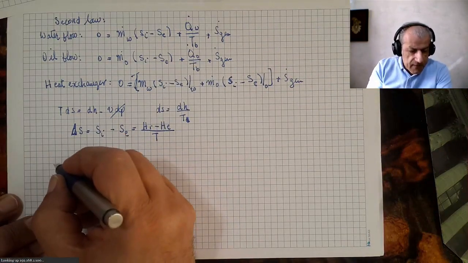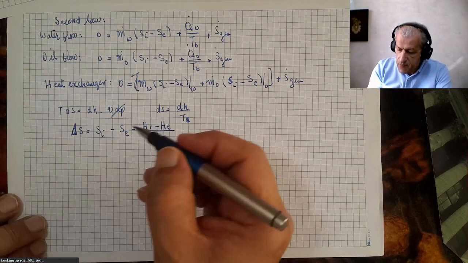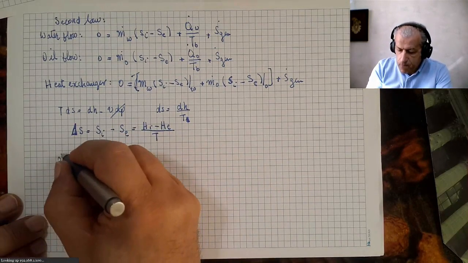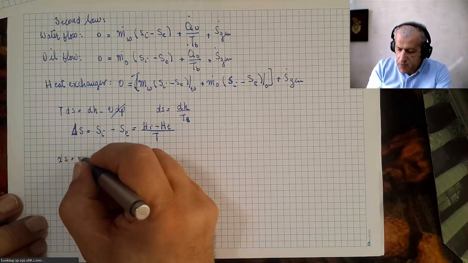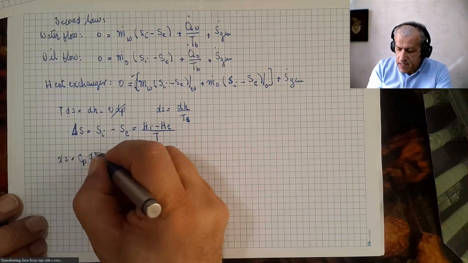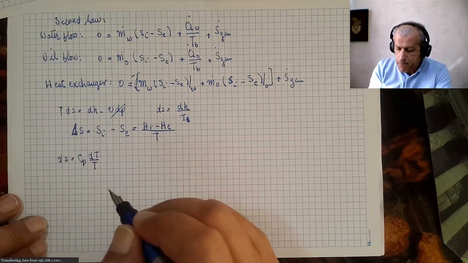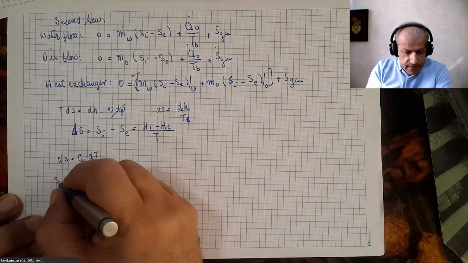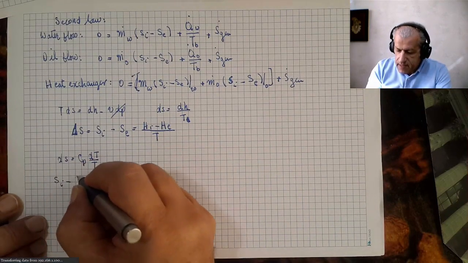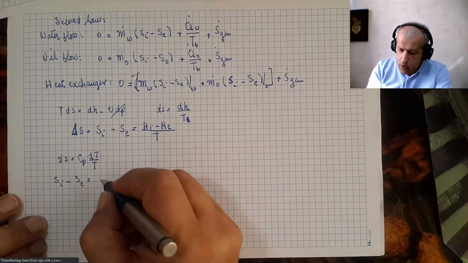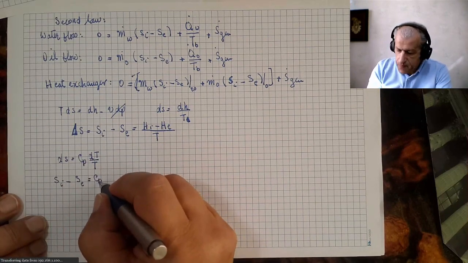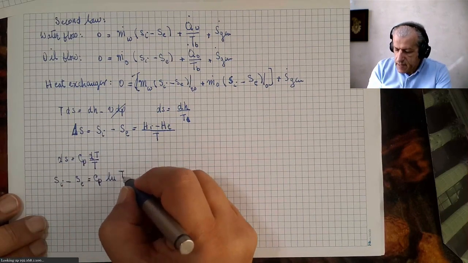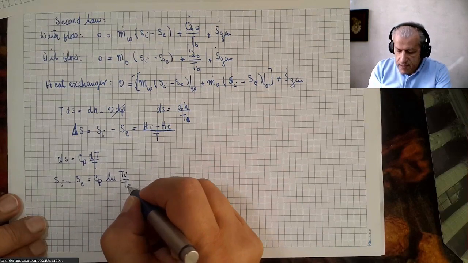Calculating it is very simple. ds equals Cp times dT over T, and integrating it, Si minus Se equals Cp ln Ti over Te,